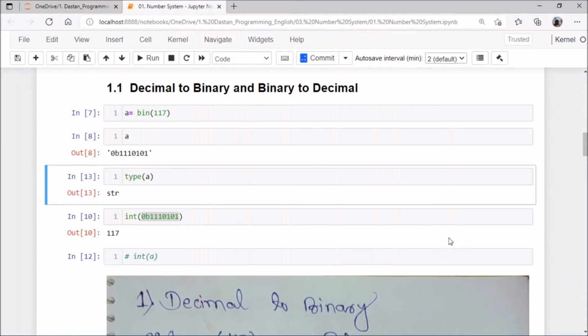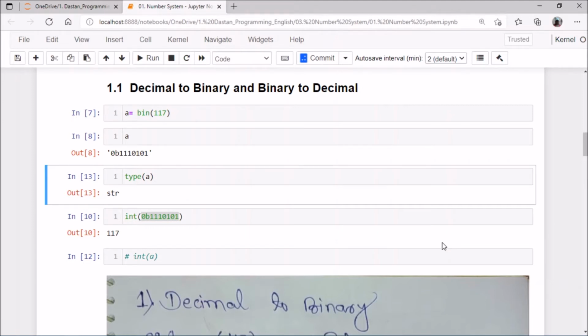So let's start. As we have seen in the previous video, we will learn how to convert binary to decimal, decimal to octal, and octal to hexadecimal. These all things we have learned by using the functions int, bin, oct, and hex. But in the previous video I didn't explain the logic behind it. So if you didn't watch that video, then click on the I button and first watch that video, then it will be easy to learn the logic behind it.